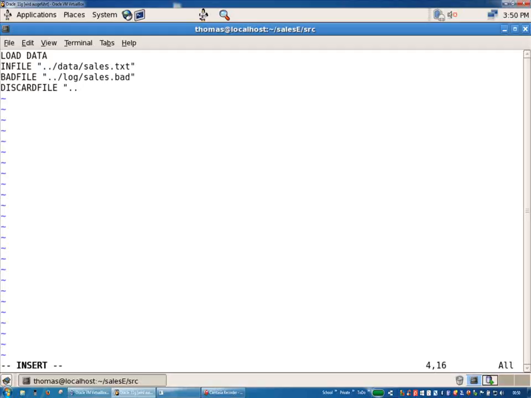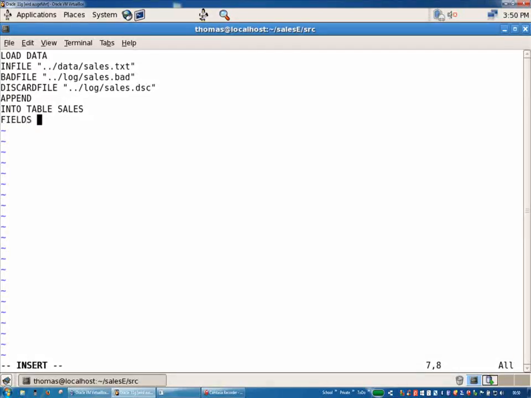It's in the point log sales point DSC file. We'd like to use the append mode to append all data, so we are not going to first of all delete everything, and into table sales